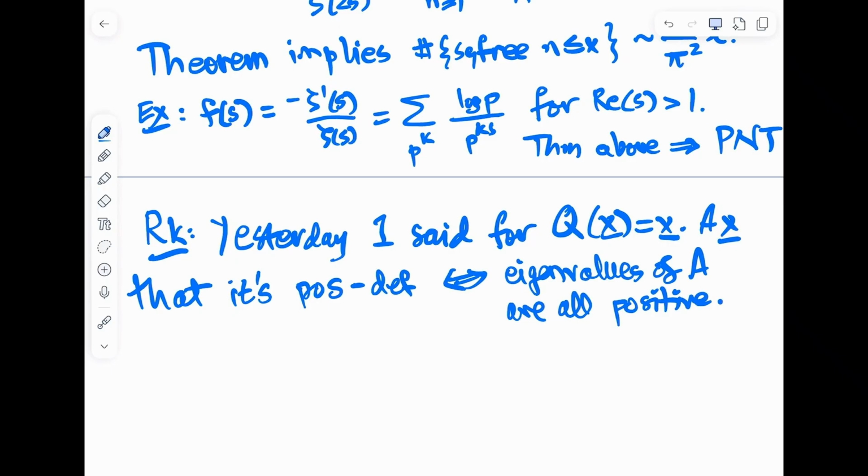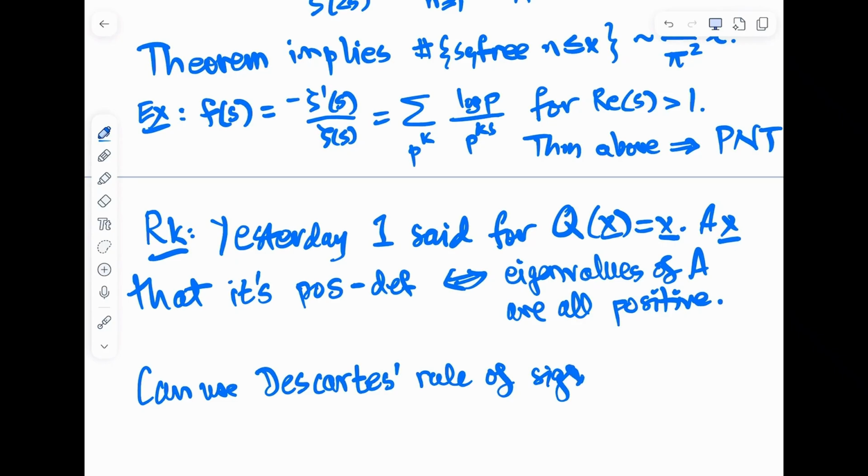And so there is a way to tell, the eigenvalues being the roots of the characteristic polynomial, that a polynomial has all positive roots by using a very old piece of algebra called, I don't know, does anybody remember? Maybe in high school? I saw this in high school, a technique. Yeah, Descartes' rule of signs. So, first interesting use of Descartes' rule of signs, right,